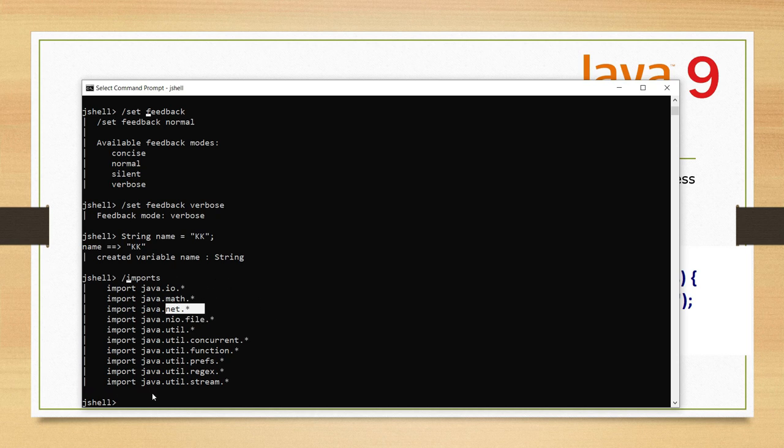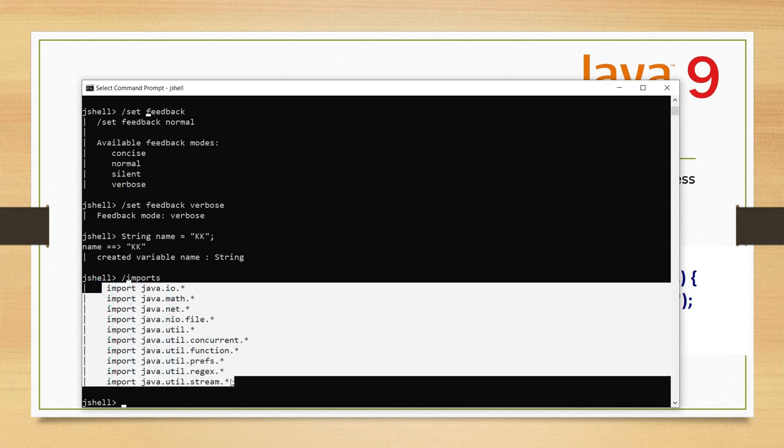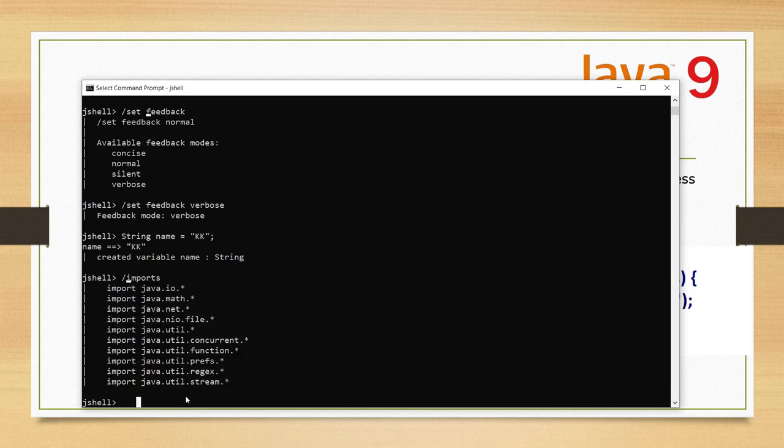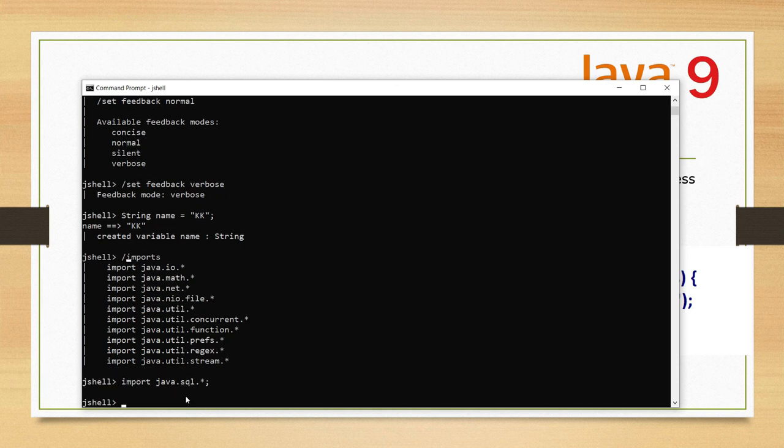But if packages are not listed here as default imports, then how can we import those packages? Let's say I would like to use some interfaces or classes from java.sql. If that doesn't come under the default imported packages, then you need to import it explicitly. For that you have to write import, then the package name, like import java.sql.*, and press enter.